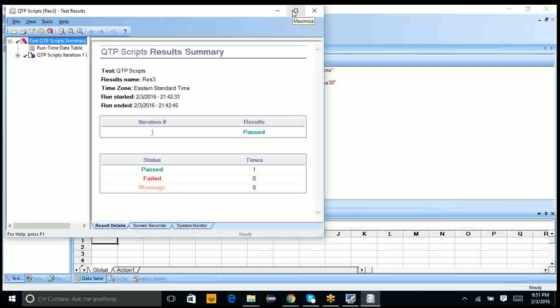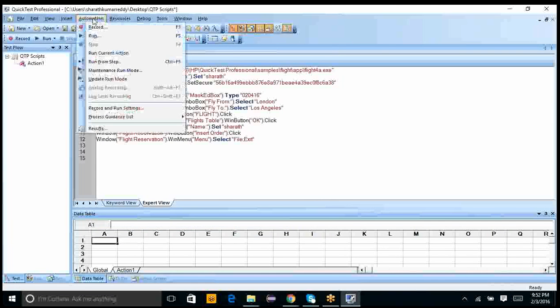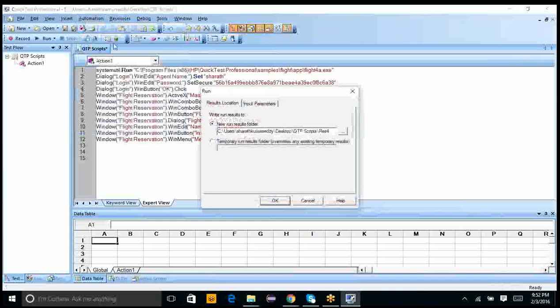This will give you only the latest results. If you want to see each run's results, you have to save them in a specified folder while running it. When you click on the run button, you get a temporary folder and one more folder name is asked. Click on run. Don't click OK.